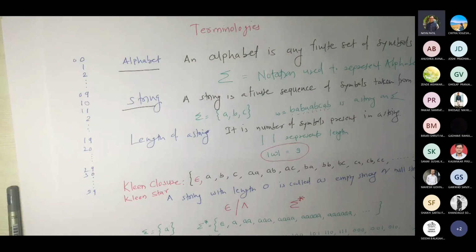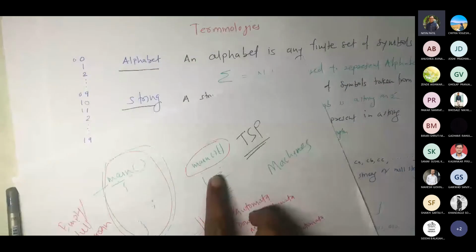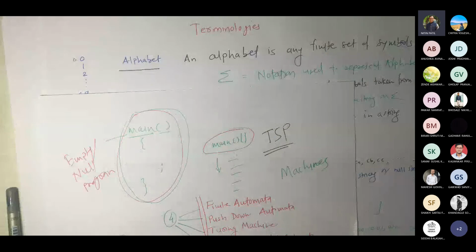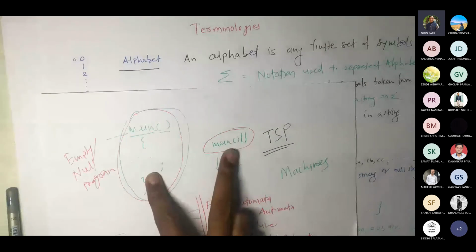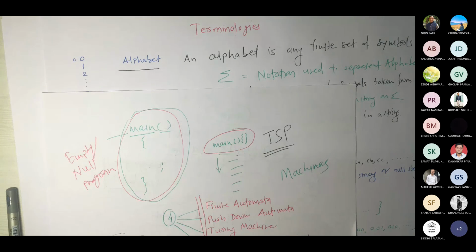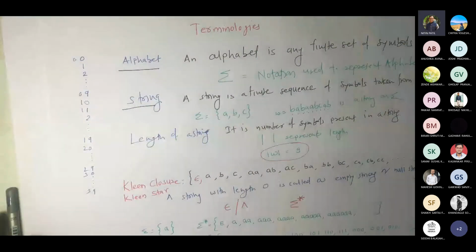But as I said, 0 has value. In this case, the empty string also has value, because if an empty program is not compiled by a compiler, that means it doesn't consider the empty program. So your language may not contain anything. Then what is it used for, to form the language? Okay, let us move further.